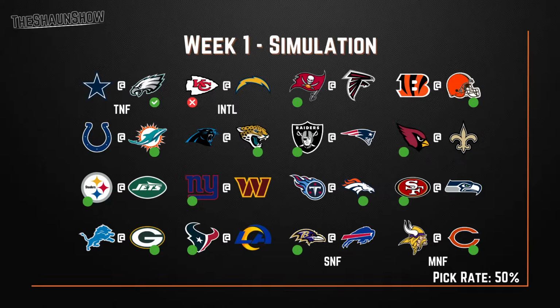And then for Monday Night Football, we have the Chicago Bears starting to get comfortable and taking on the Minnesota Vikings, who have JJ McCarthy at the helm of an absolutely star-studded offense. But I just think Chicago kept it very competitive within the division last season. I think they continue that trend this season, and I think they get themselves off to a nice start with a win over the division rivals, the Minnesota Vikings. Now that was the simulation.